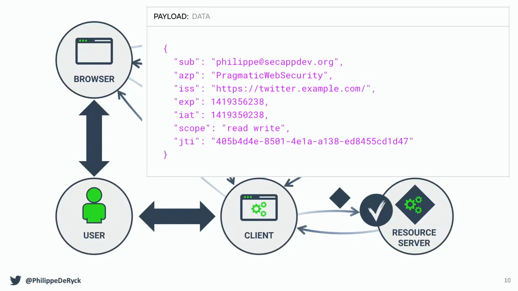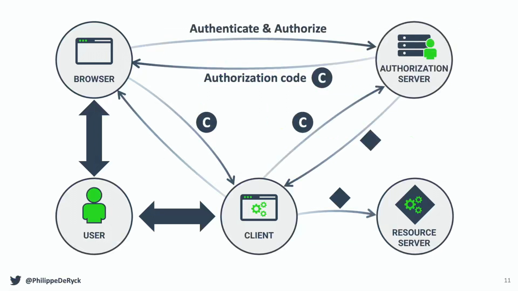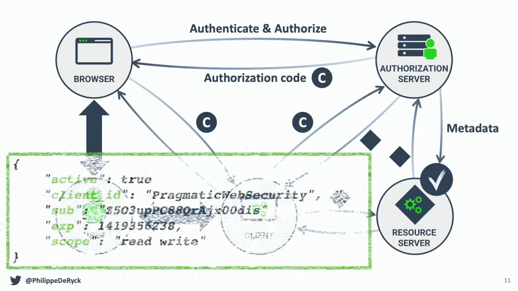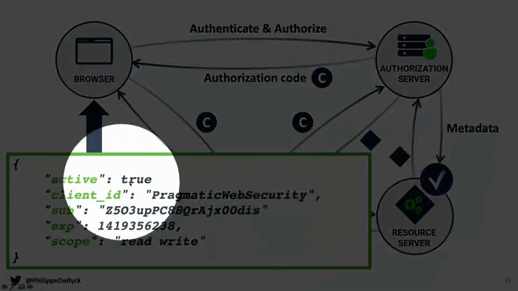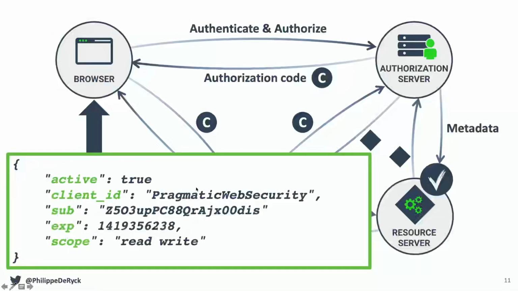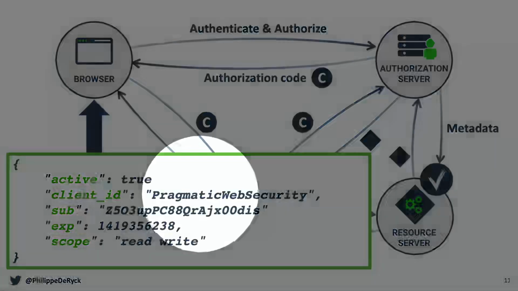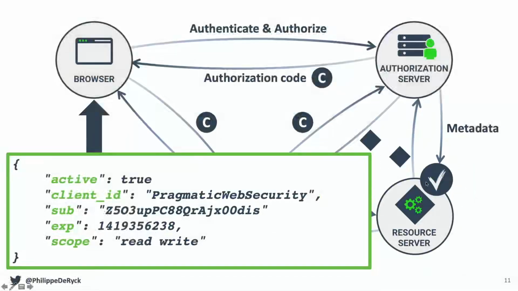But OAuth has a second mechanism. OAuth supports something called reference tokens. And in a reference token, this token is a random string. It means nothing to the resource server. The resource server instead has to go here with that token and ask, hey, I got this from the client, what is this? And the authorization server is like, oh yeah, I know this reference token, I generated that before. It actually represents the data that we have here. So it represents, it's still active, it represents a client, and you can use that to make your authorization decision. And the authorization decision happens one step later before the response is returned.